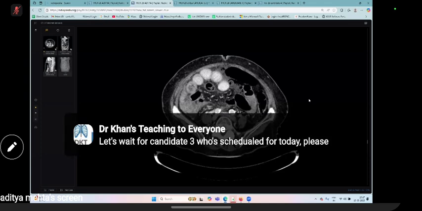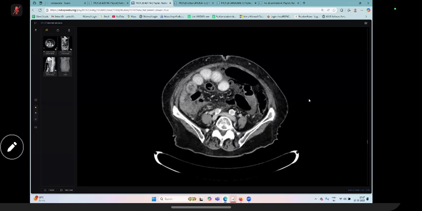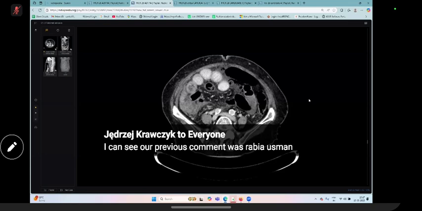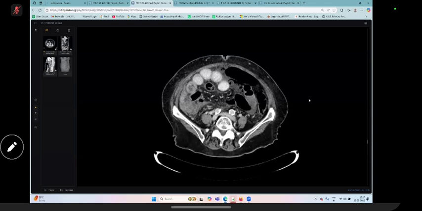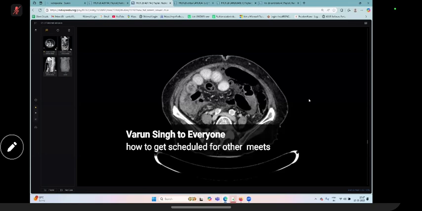Okay, so I'm looking at the case, scrolling through it. The clinical question is severe abdominal pain. I'm looking at the findings towards severe abdominal pain. I can see that there is portal venous gas, the branching pattern of the gas, and I can again see that there is pneumobilia, and then I can check that there is a